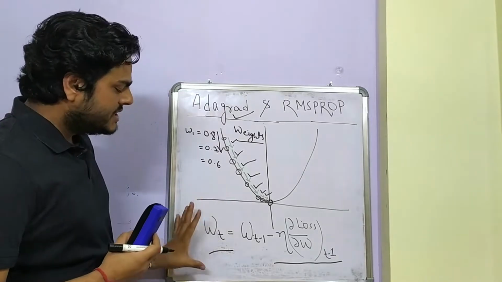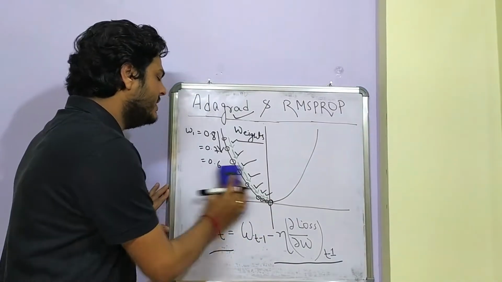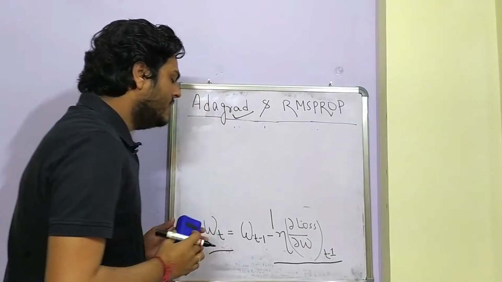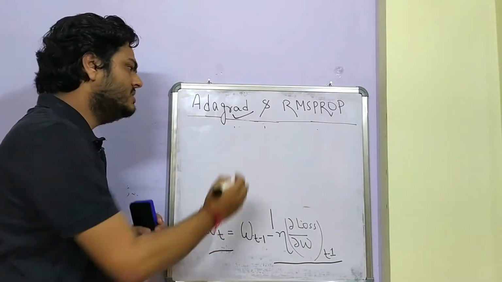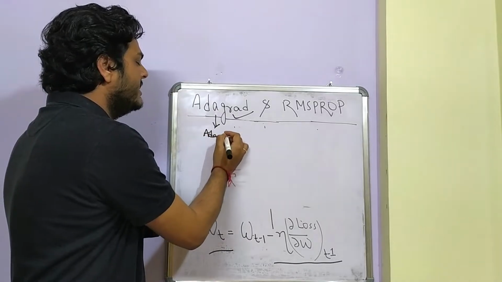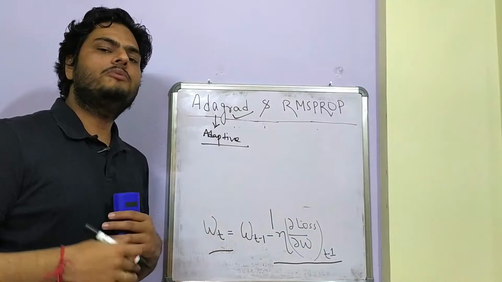Okay, so just keep this formula in your mind. I am going to omit this, so I am sure you understood step size, right? Just a small modification in this formula for adaptive gradient. The meaning of adaptive gradient is that the learning rate is optimized using a different formula.